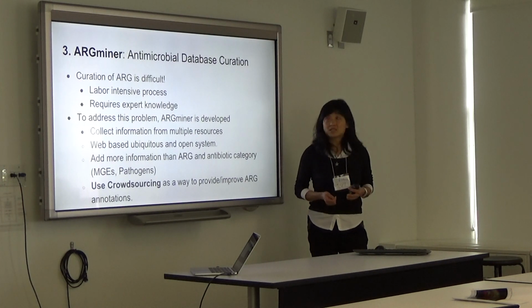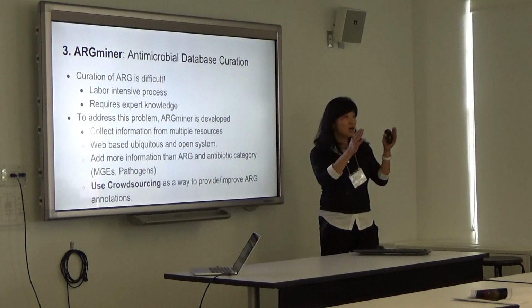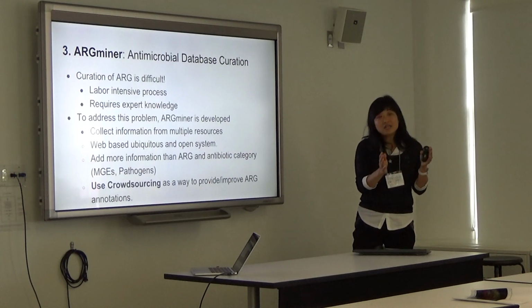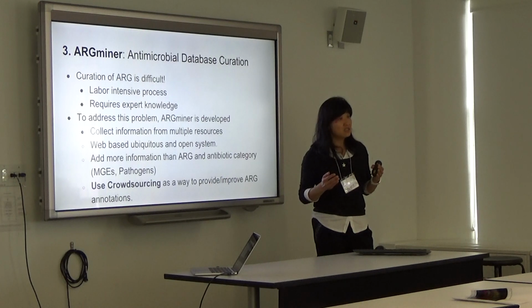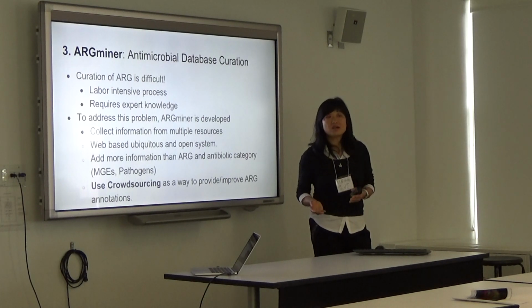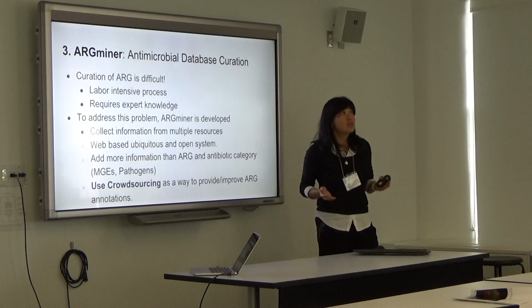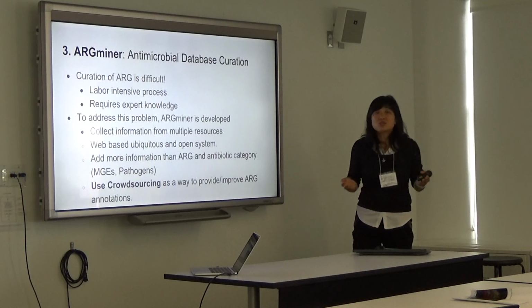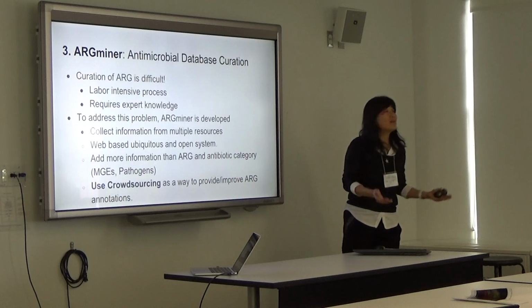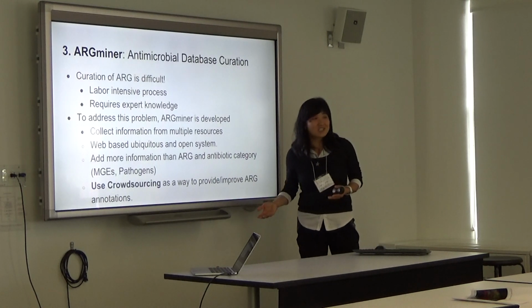That's the problem. Because right now we're relying on the CARD database, which is highly used for antibiotic resistance gene annotation. That only contains 2,000 antibiotic resistance genes. Only 2,000. Come on, we've got to have more, right? Antibiotic resistance genes,